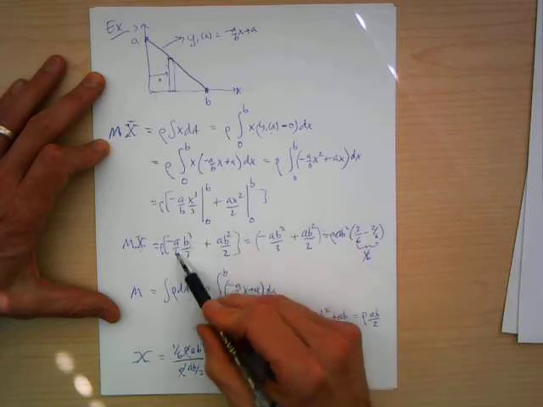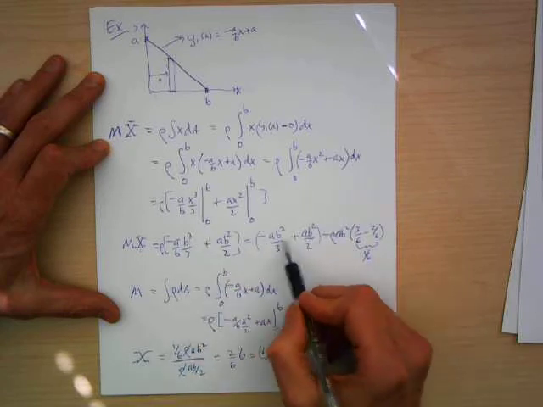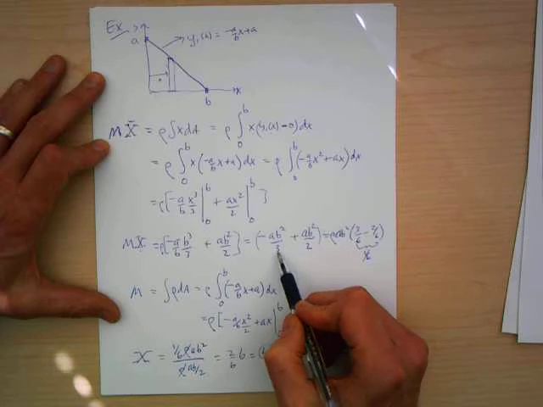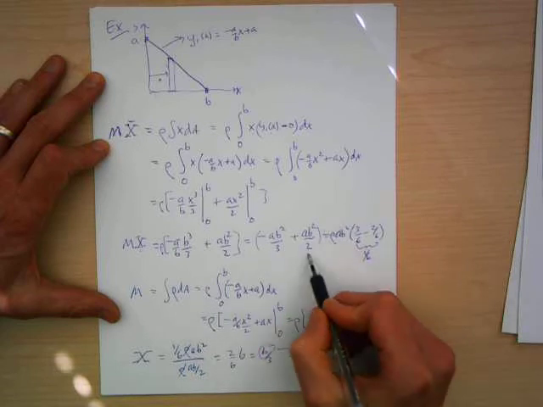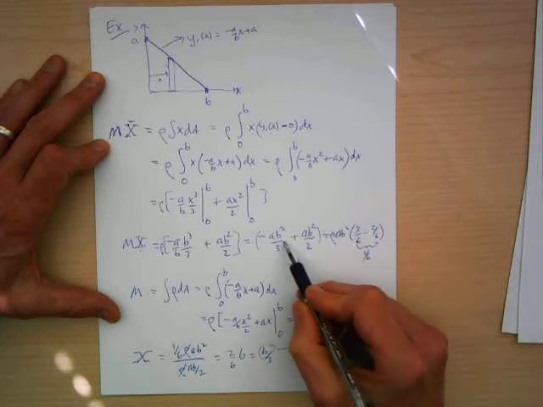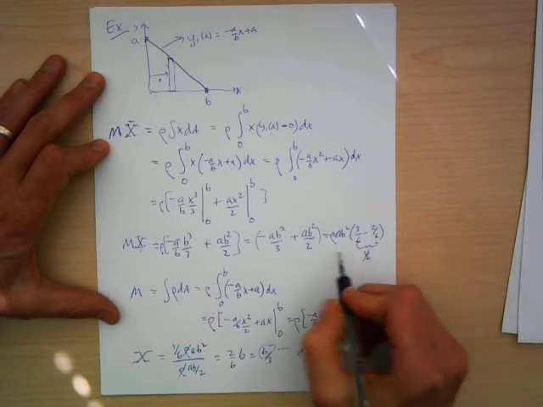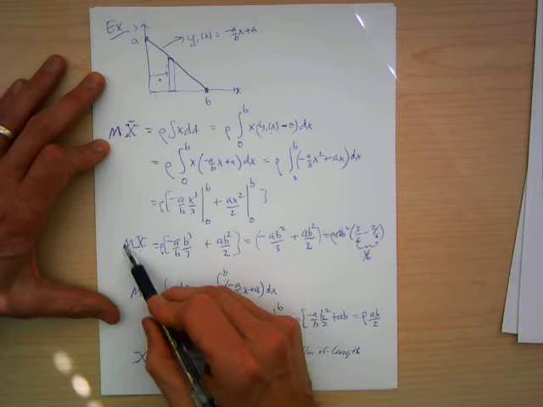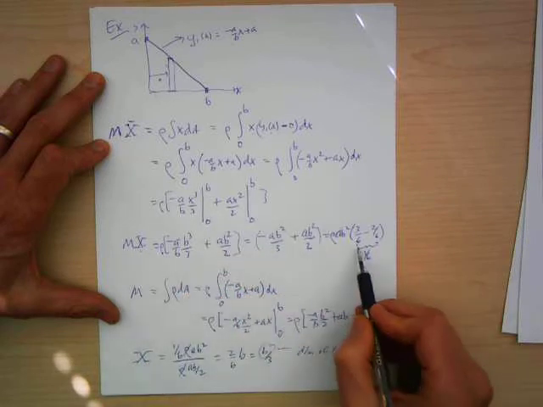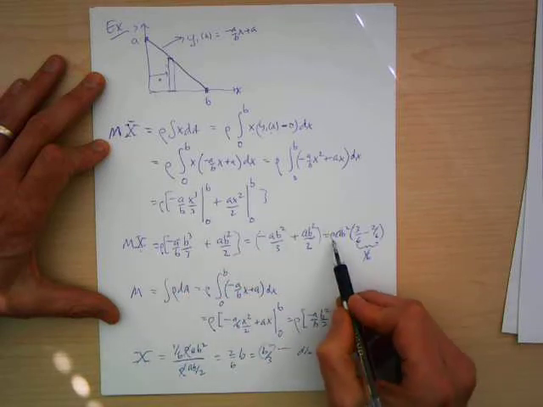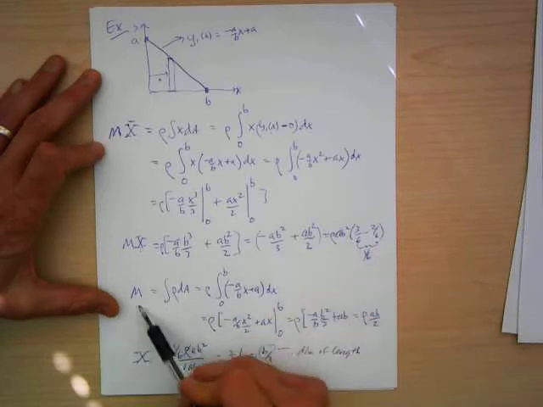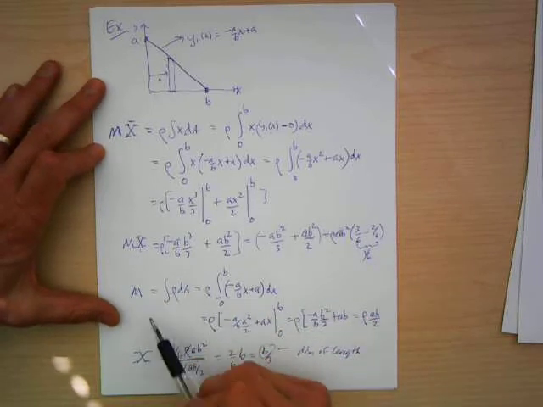And if I cancel out these b's here, I notice that both terms are a b squared, so 1/3 and 1/2. The common denominator is 6, so it's 3/6 and 2/6, which gives me a net result of 1/6. So the result of the total mass times the x coordinate of the center of mass is 1/6 rho a b squared. So now I better go and calculate what that total mass is,